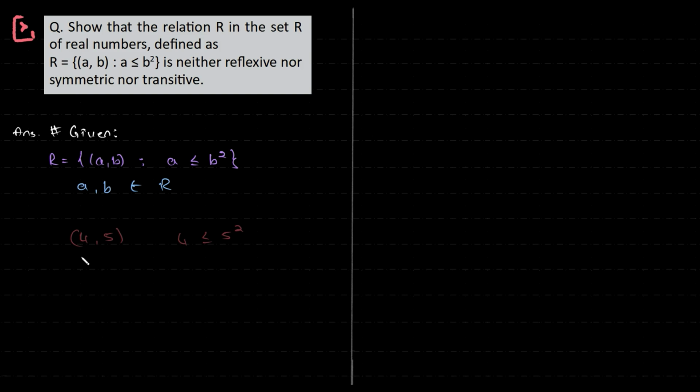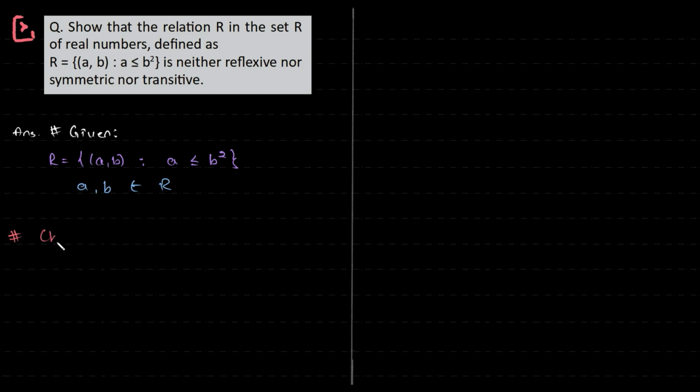That is true. Then (-10, 2): -10 is less than or equal to 2 squared, that is 4. So on and so forth. We can get plenty of examples which are true for this. But we have to prove that it is not reflexive, nor symmetric, nor transitive. So we can pick up examples which will show it is not. So let's start off with